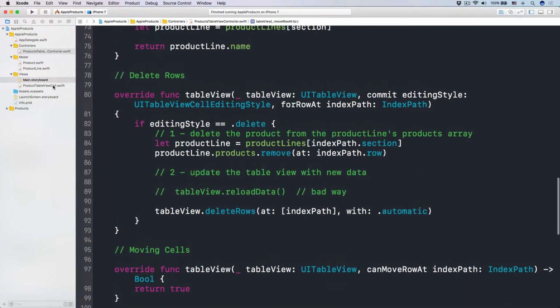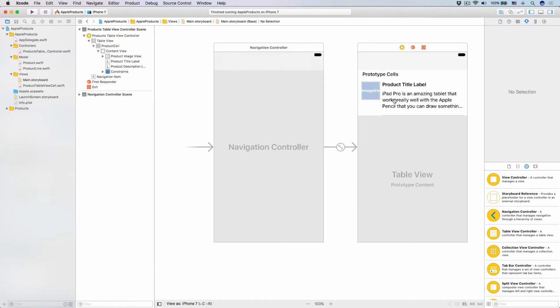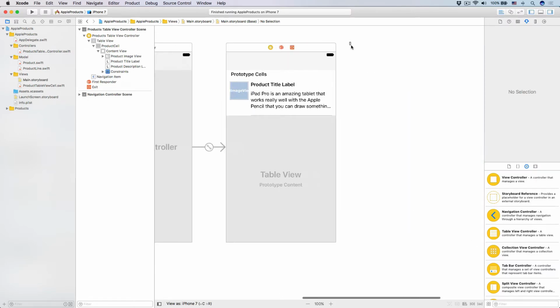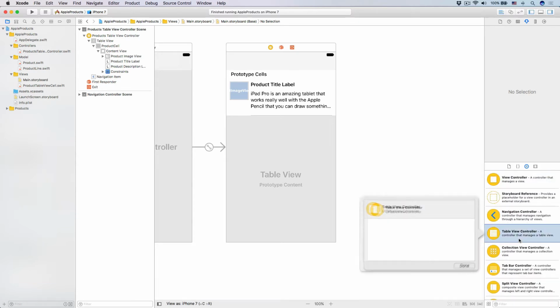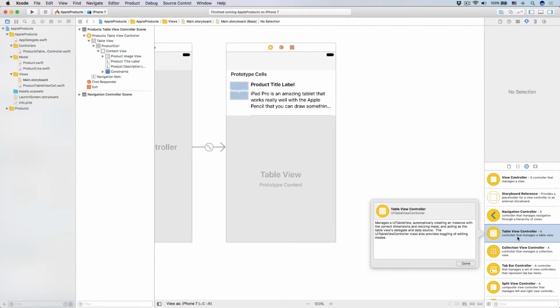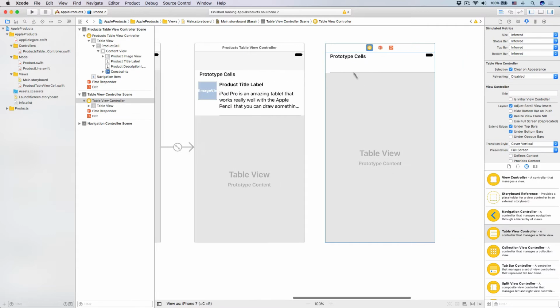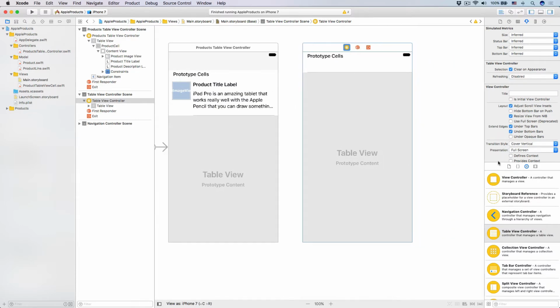Xcode goes into your main.storyboard, and here I'm going to have another table view controller over here. Remember that the feature we are going to implement here only works on a UITableViewController, not a view controller with a table view, but a UITableViewController. And you see this table view controller. Drag that thing to the screen like this. And then what we want to do